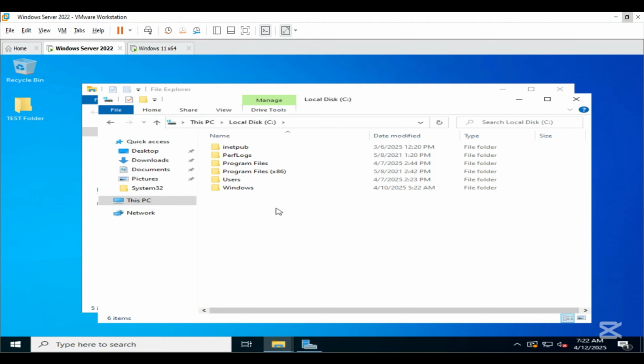Just right click here, go to New, click on Folder. Rename this folder.